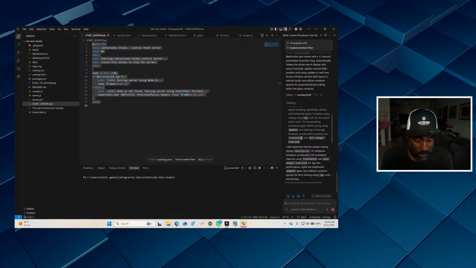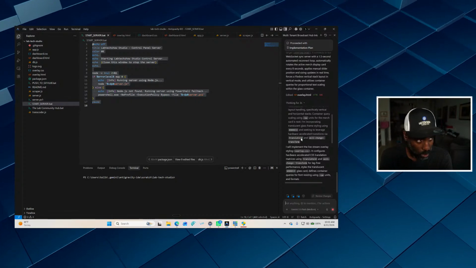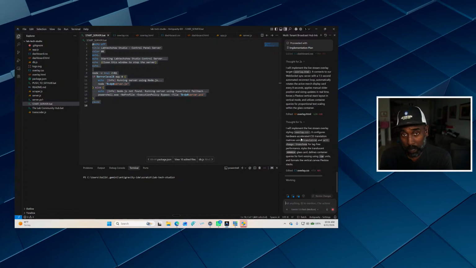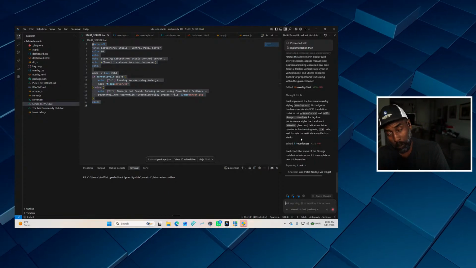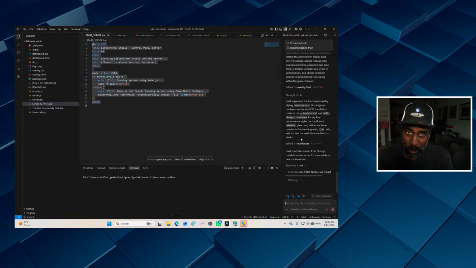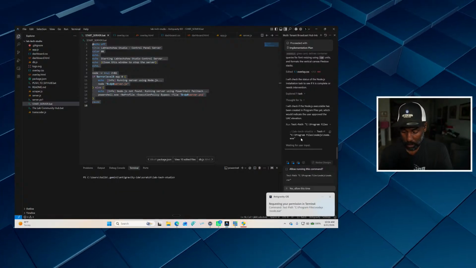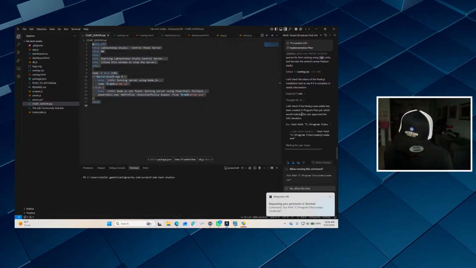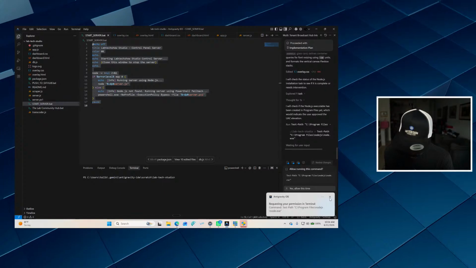Somebody's always going to be implementing something, saying, ooh, you need this, you need that. But you need to find something that works for you. And once you find that industry standard, that's going to be the gold standard, if that makes sense. Here we go. I'm going to say yes.